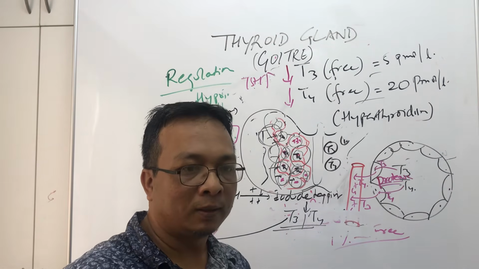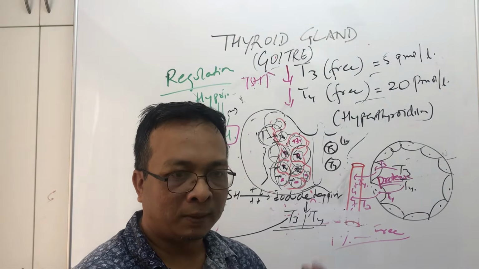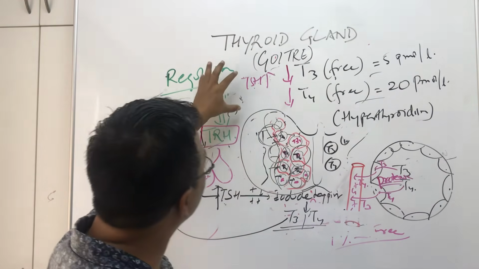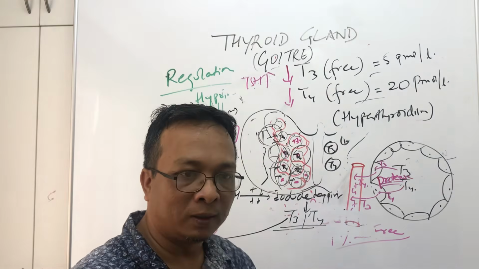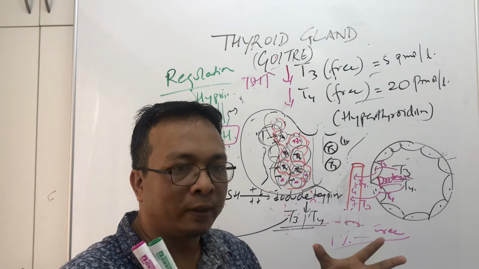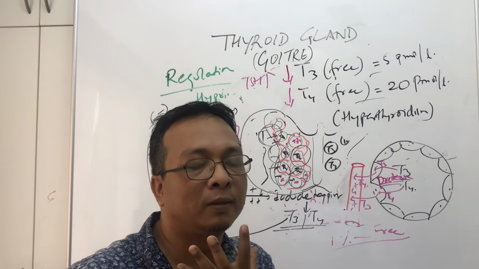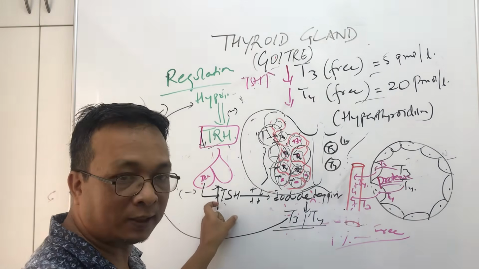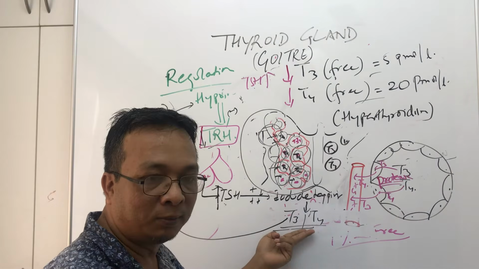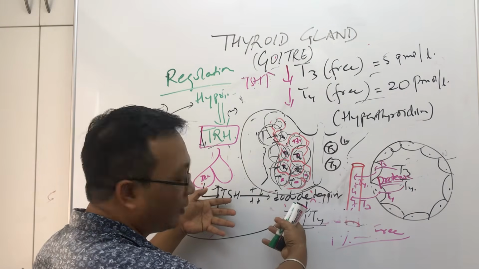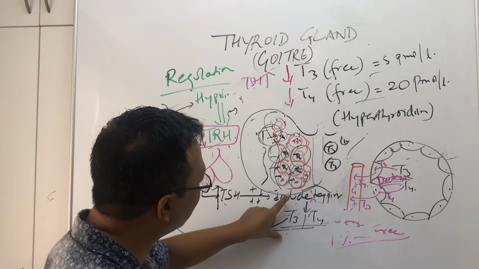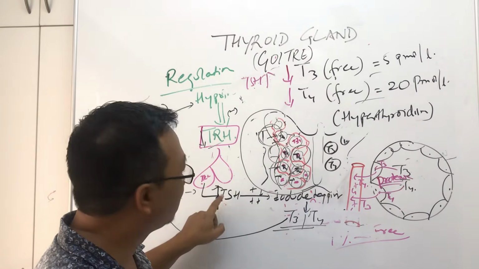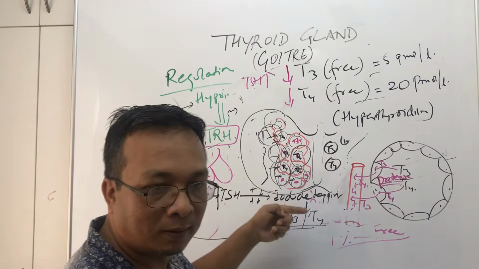Okay, so if you take a blood report of a goiter patient, you will find that T3 is less, T4 is less, TSH is more. Because this increased TSH is stimulating the thyroid follicles, and these follicles are growing in size, the thyroid gland becomes big. So the thyroid gland grows big because of increased TSH. TSH can increase when there is low T3 and T4, because it's a feedback mechanism. When there is more T3 and T4, it goes down. When less T3 and T4, it increases, because its purpose is to stimulate the thyroid gland.